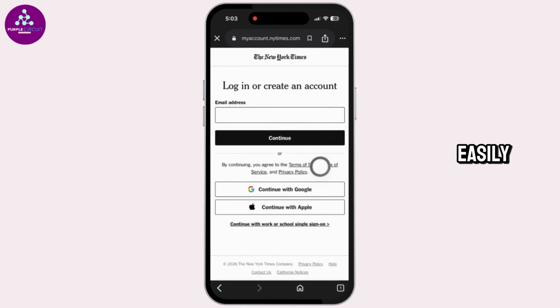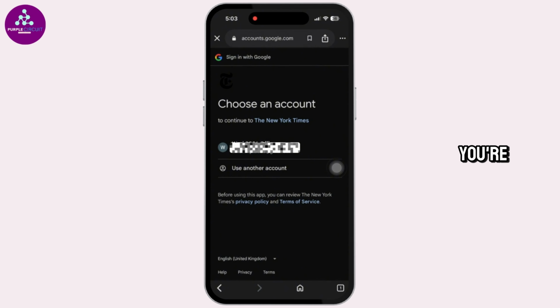From here, you can easily log in or create an account. All you have to do is click on the option Continue with Google or Apple. Go ahead and select the option of your choice. I'm gonna select Google. In this page, you're gonna find the Google accounts that you are currently using in your